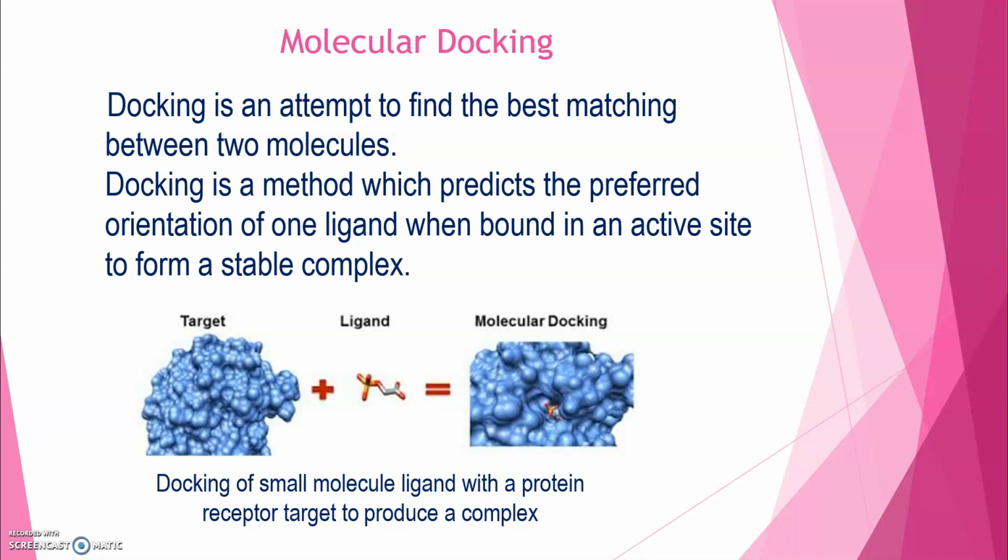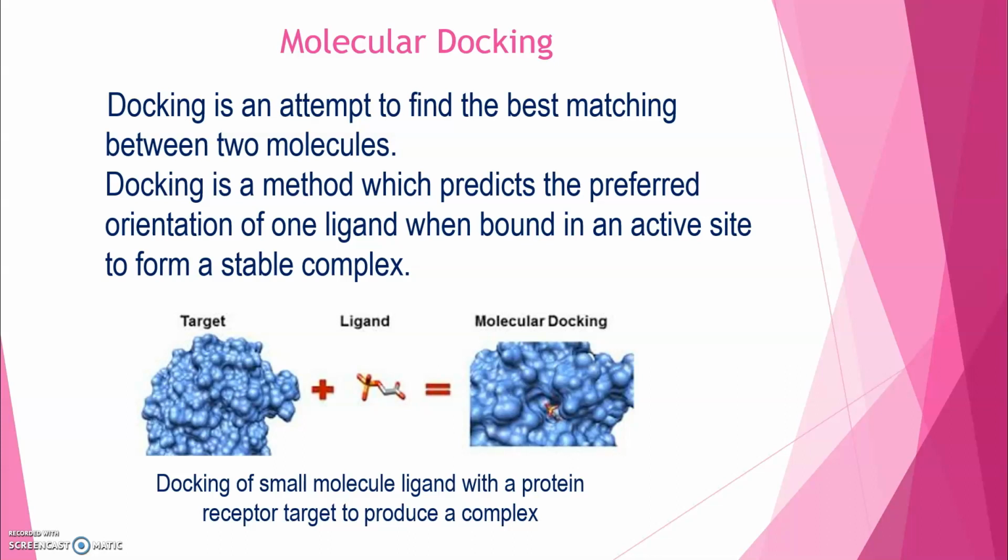Before moving ahead, I want to explain that molecular docking is a computational tool. Suppose we have a library of a thousand molecules, and we want to choose which molecules are of interest and which are not. For that purpose we perform molecular docking on those molecules. In this method we dock those thousand molecules on the receptor, and from their interaction with the receptor along with the docking score, we are able to understand which molecules are important and which are not.